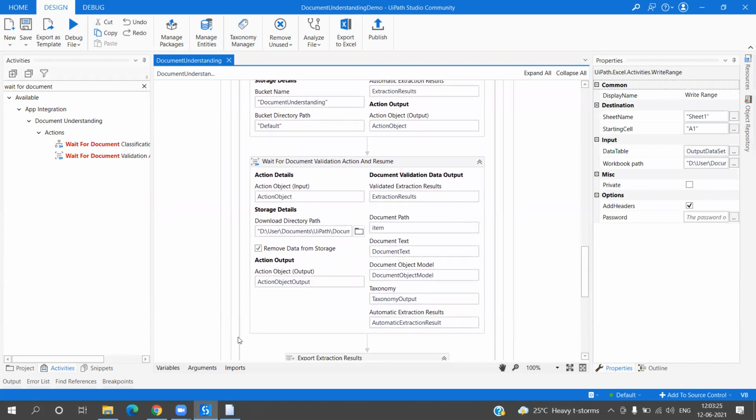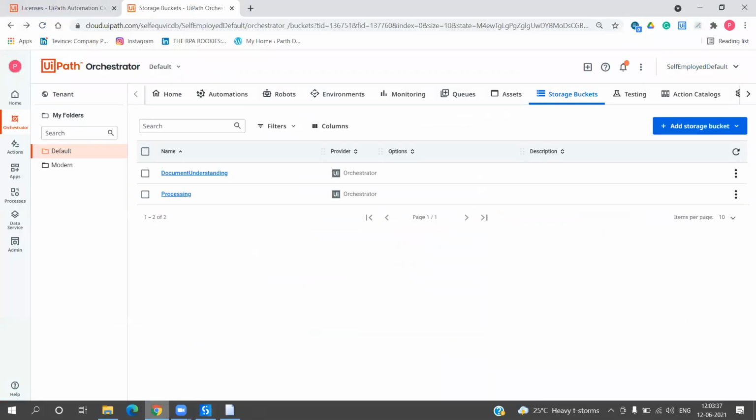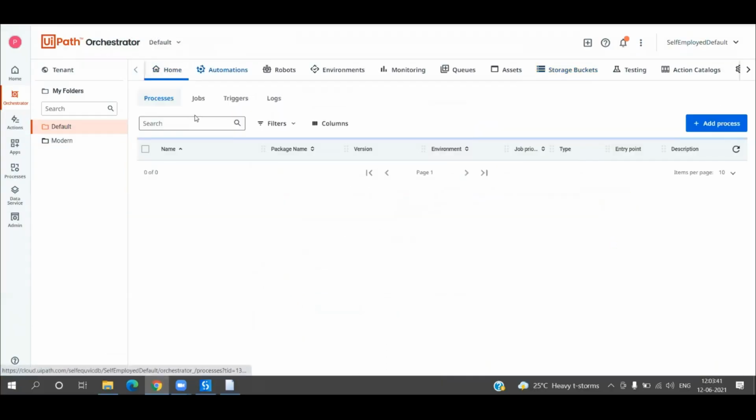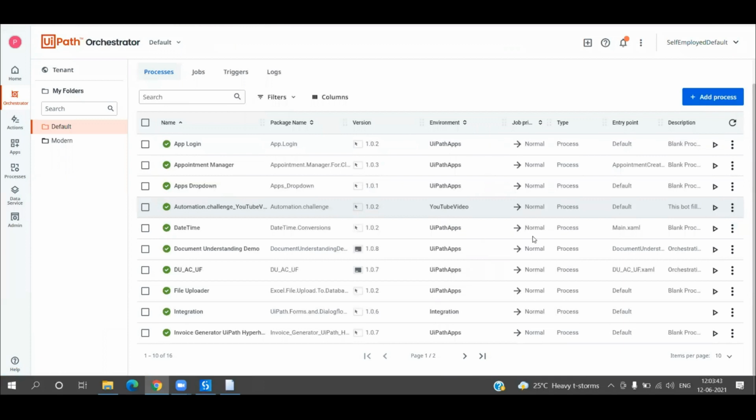Now what you need to do is publish this to your Orchestrator, because if you run right from your Studio, it won't resume the task, since it is connected to the Assistant and the further processing happens through that. So what you need to do is simply publish it. If I go to my home and processes, right, here I have published my workflow, Document Understanding Demo.